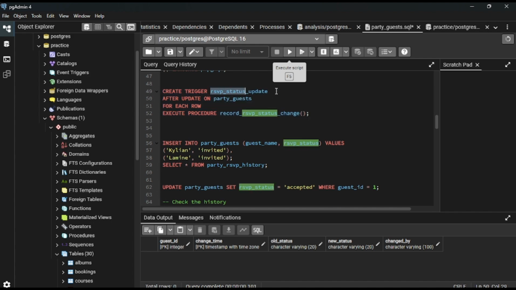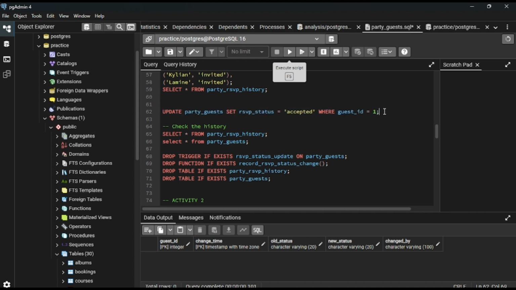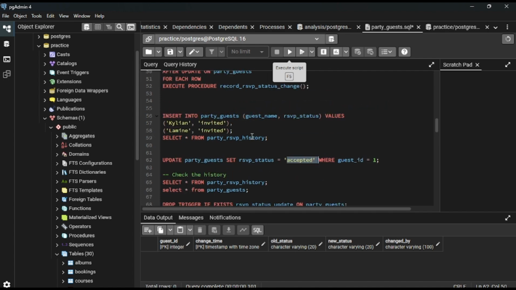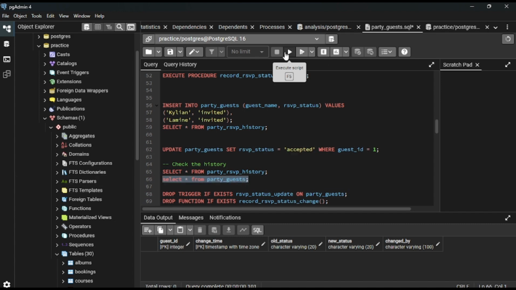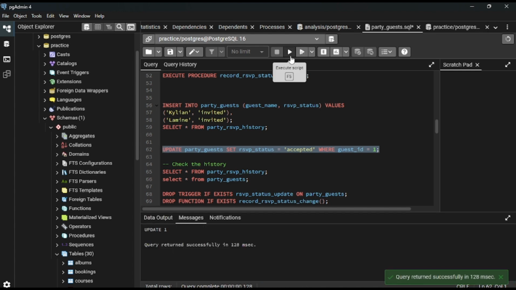This trigger is called RSVP status update. This trigger runs only after an update occurs on party guests. What we want to update over here is to set the RSVP status to accepted. We want to change the status for guest ID 1, which is this first guest. We're going to change it from invited to accepted. As soon as we do that and run that,